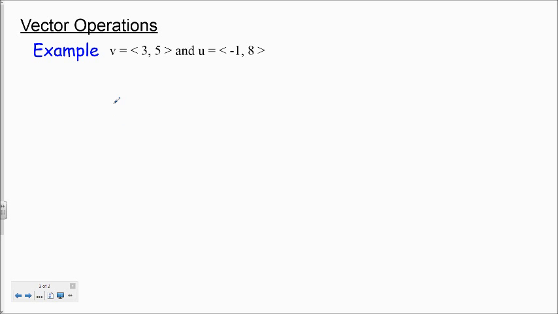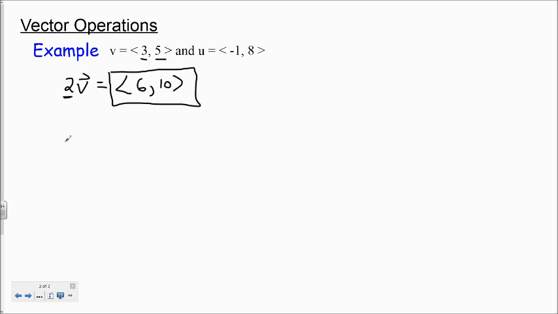Now, vector operations are very simple. Say I had two vectors v and u, and I wanted to represent 2 times the vector v. Well, anytime you're multiplying a vector by a scalar value, you simply distribute that 2 to each of its components. So 2 times 3 would be 6, and 2 times 5 would be 10. So this gives me the component form of the vector 2v,